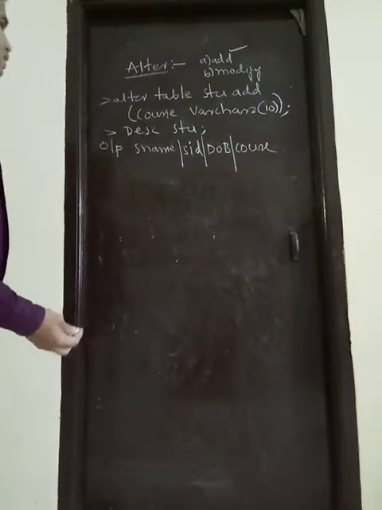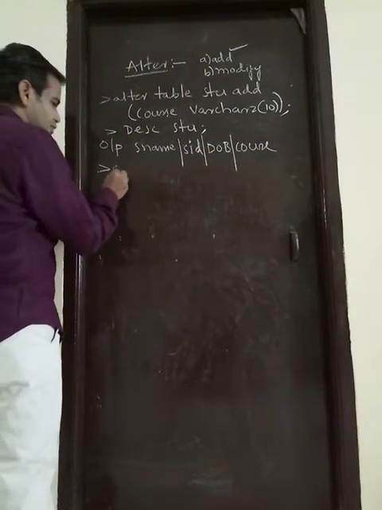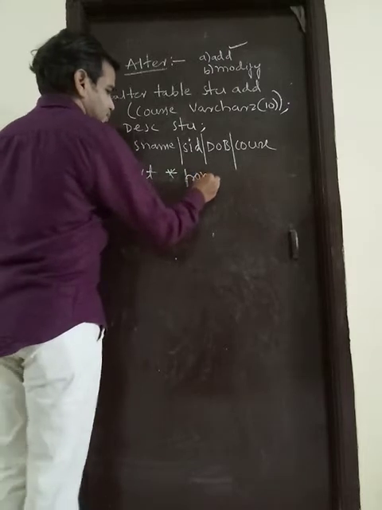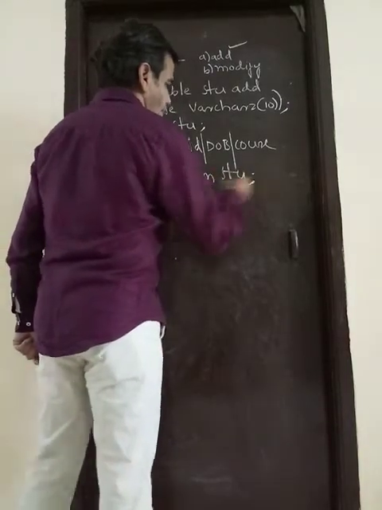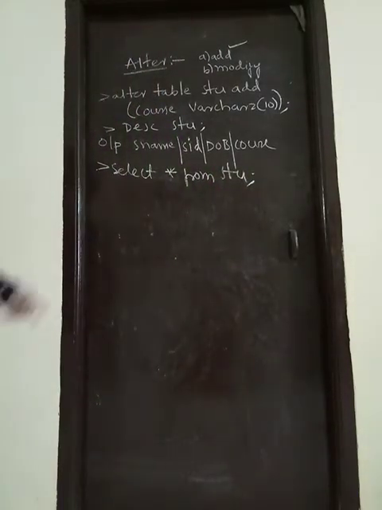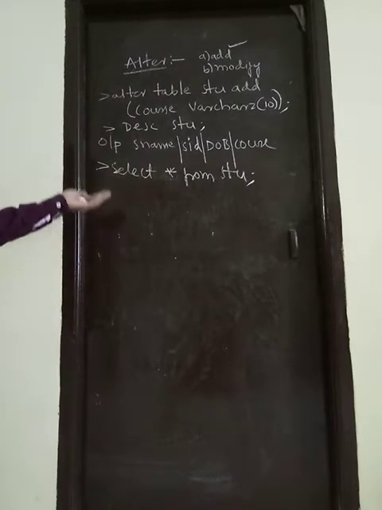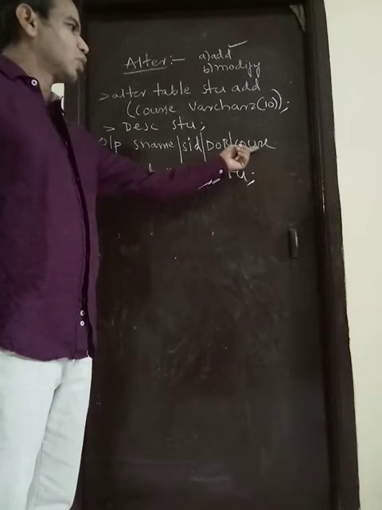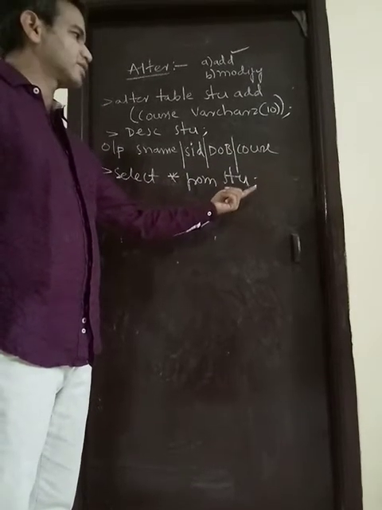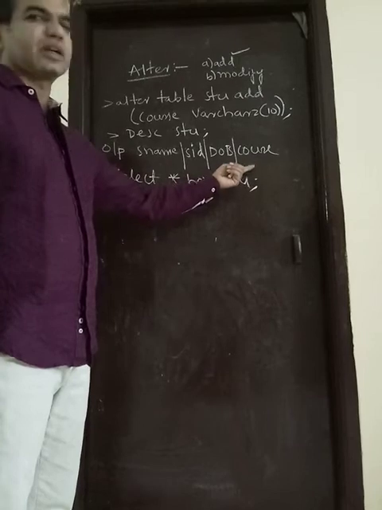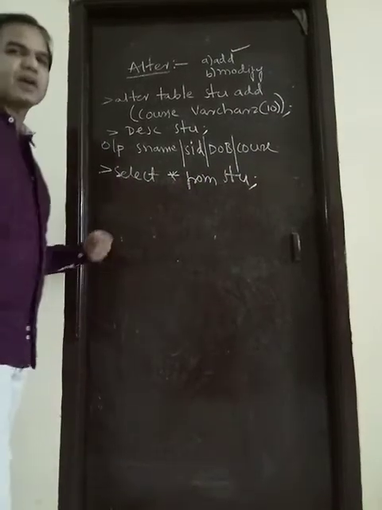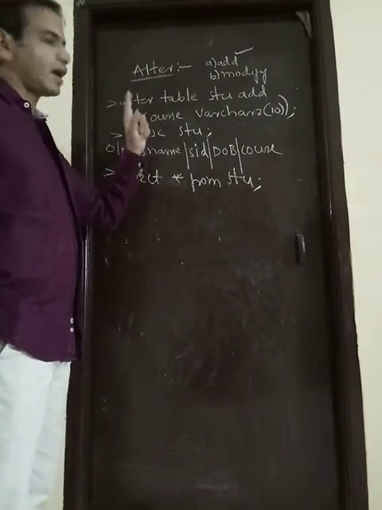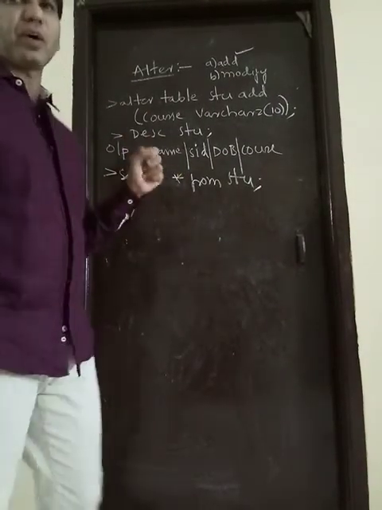If you want to see the structure of the table including values, the command is select star from student. It will display the rows, suppose you inserted 5 rows, but course will not have values because the column was only just altered in. At this location, if you want to insert a value, we should use the alter command. So this is alter with add. Now we will see the alter with modify command.